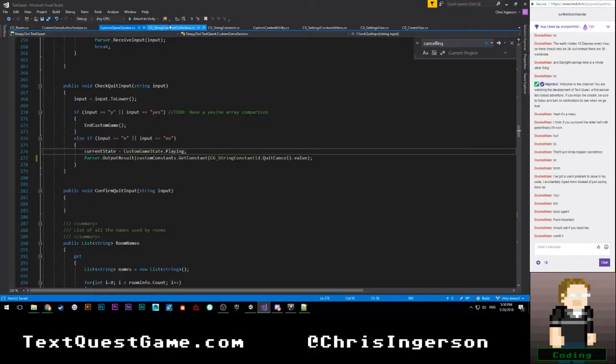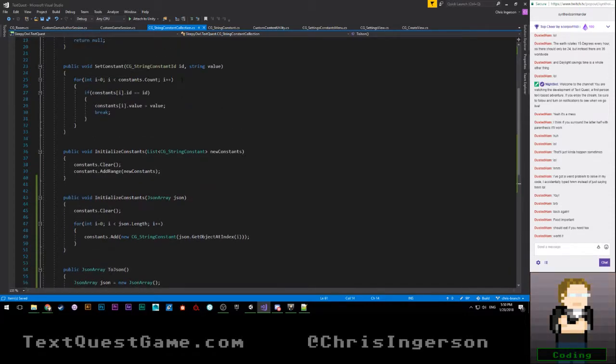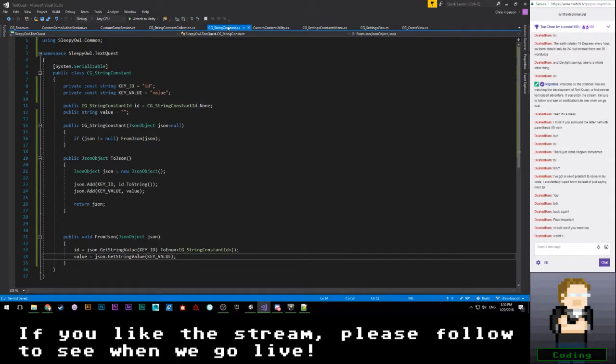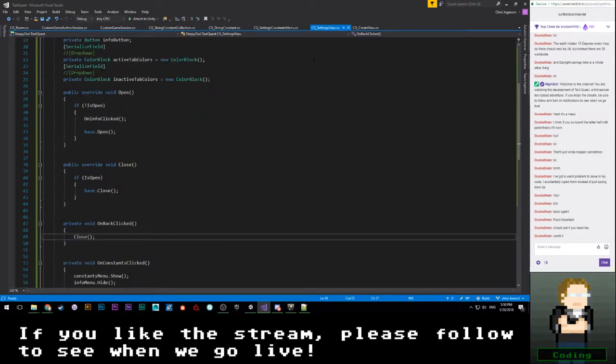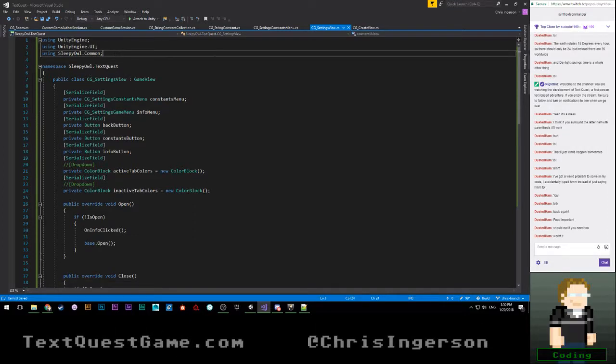Let's see here. Add range added a duplicate of the information, not an actual reference to it, but let's go ahead and close this. CG settings view, and get rid of the text message per reference.